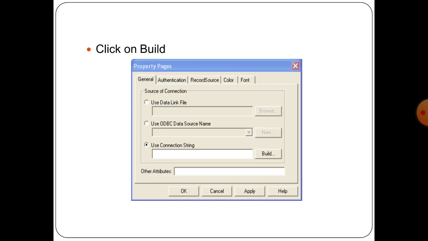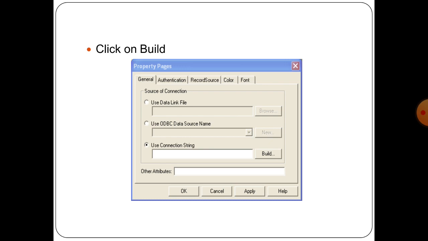Click on the build option. In this build option, we are having three options: use data link file, use ODBC data source name, or use connection string. The default we have selected here is use connection string.